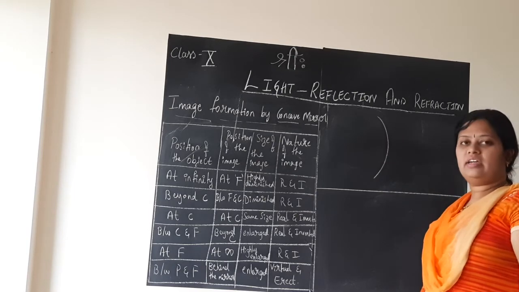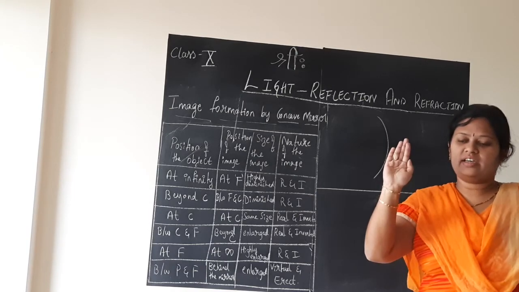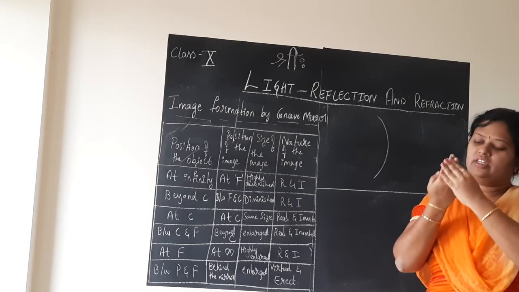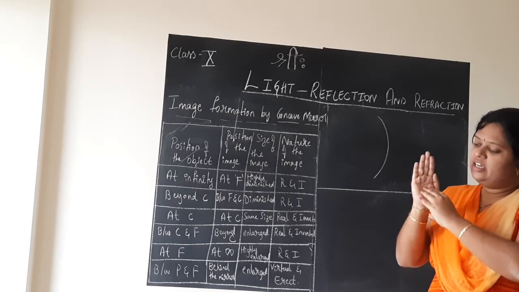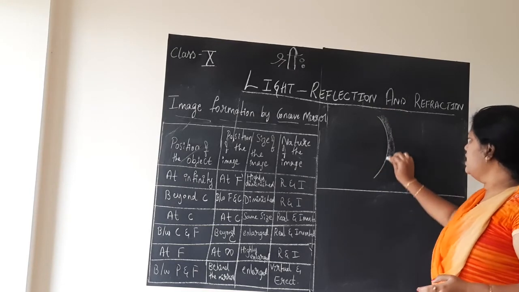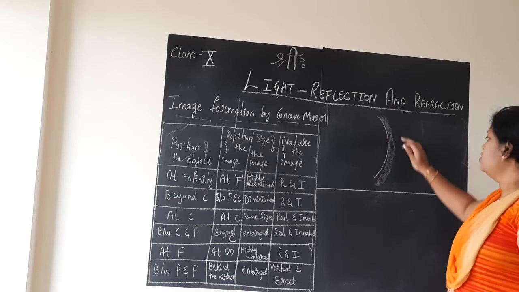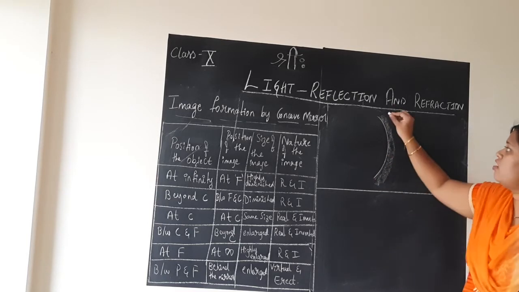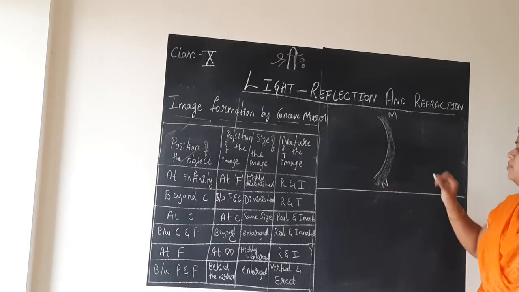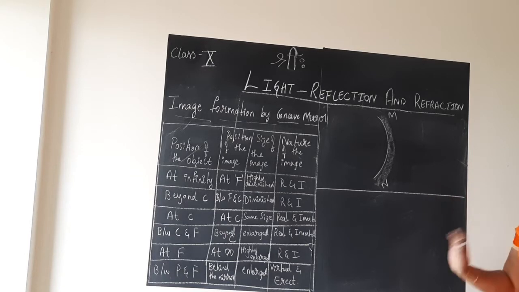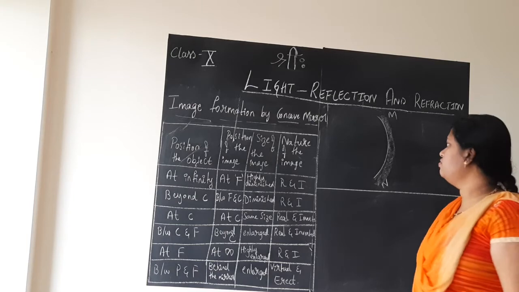You know concave, blessing. Blessing comes from this part of the hand and not the curved part. So here reflection, here shade. So first I will draw the curvature of the concave mirror, called the armature, and I will label it as MN. Simultaneously learn the labeling also step by step. Follow the same steps. Show shading of the non-reflecting surface or polished surface.